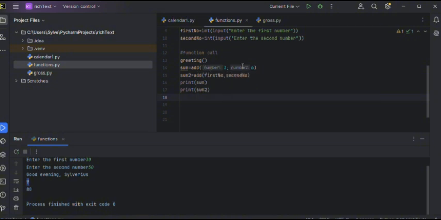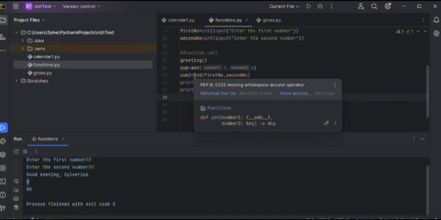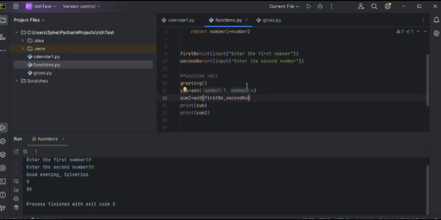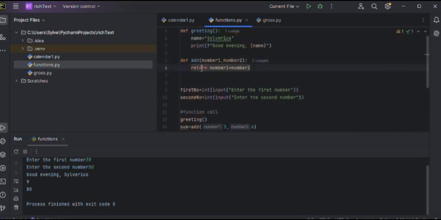So it prints the greetings, then after that it goes to the next line which calls the function, and for this one we have assigned the number 1 the value 3, and the number 2 the value 6. So it adds the two to get 9. We have called the similar function at line 15, and we have passed the arguments, the variables that I get from the user, first number and second number, and therefore it prints 80 when I enter 30 and 50. And the good thing with functions is that the